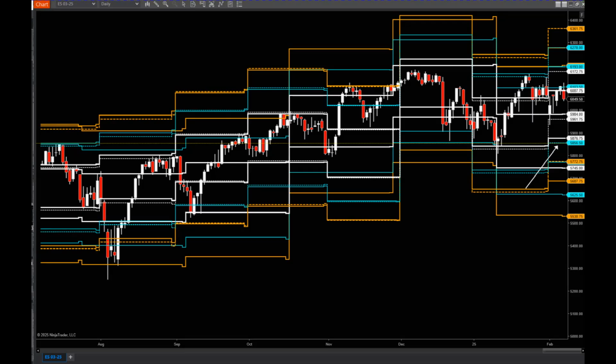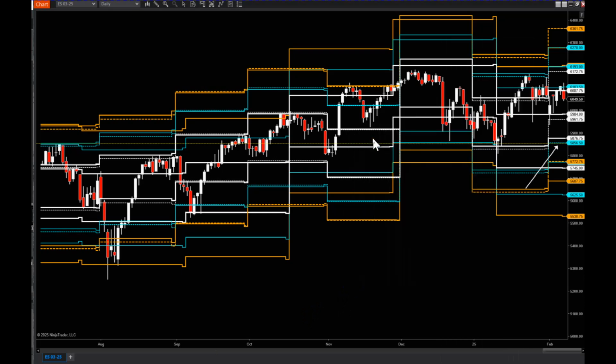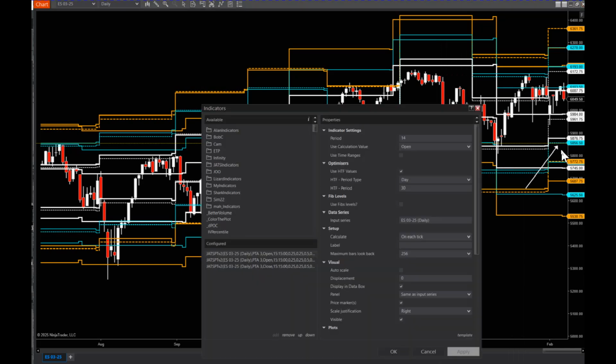Good afternoon, good morning. What we've got here is the E-mini March contract for the daily, and the monthly distributions are on the chart. I've got a monthly 1, 2, 3 and a 30-day 1, 2, 3. I've got the monthly on both open and close, and let me put a 30-day open and close, but I kind of stopped when I got to the monthly